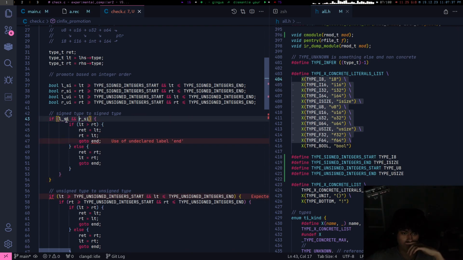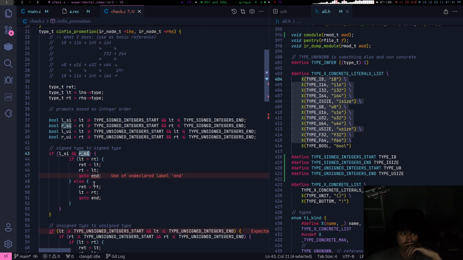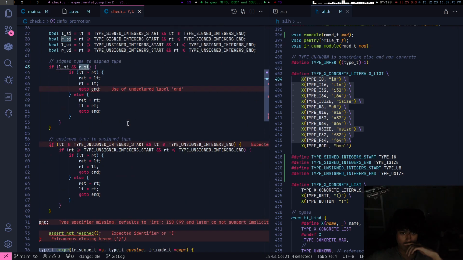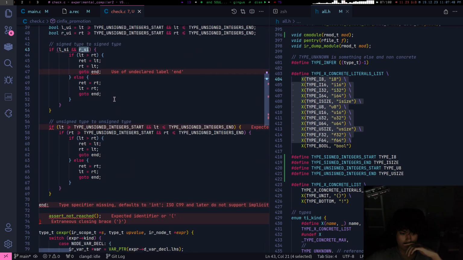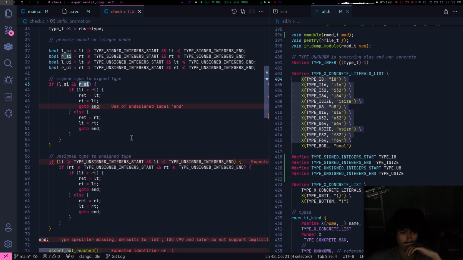Okay. So if the left hand side type is a signed integer and the right hand side type is a signed integer, that means you can promote them. Why is there an error?